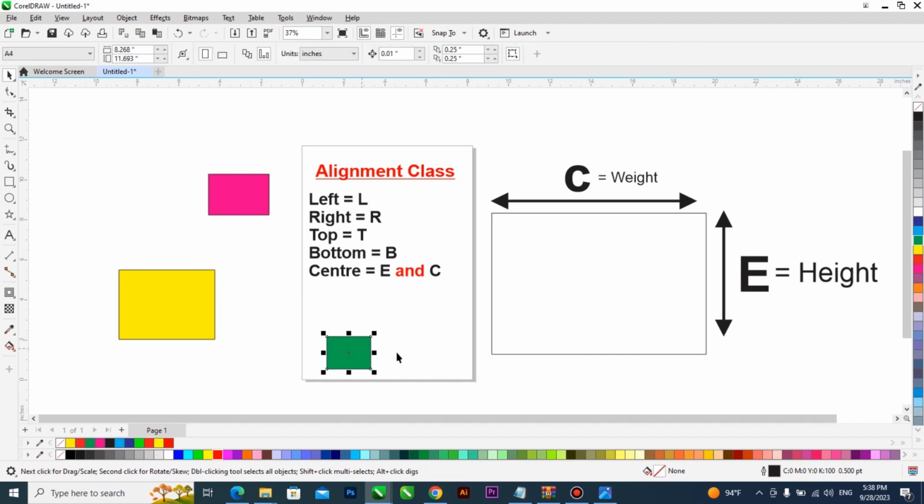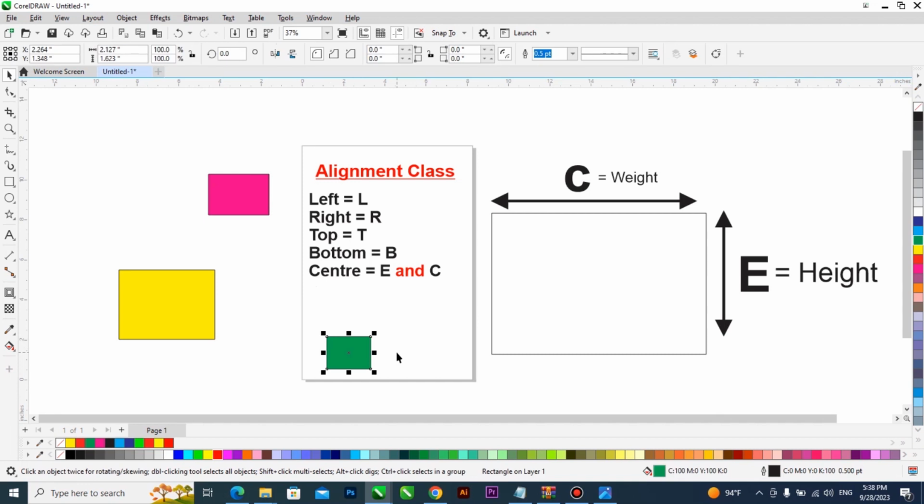Now, of course, multi-select is holding down your shift key. If you want this yellow and this pink to come down to meet the green, have it at the back of your mind that the green is usually the last click you make when multi-selecting. Multi-selecting is selecting more than one item. Meaning, if I really want this yellow and this pink to come down to the level where this green is,